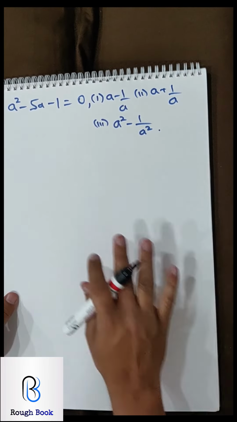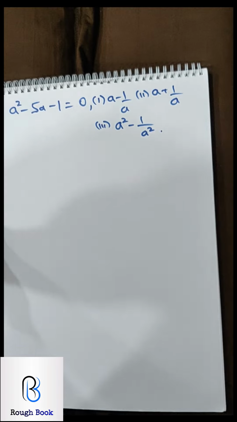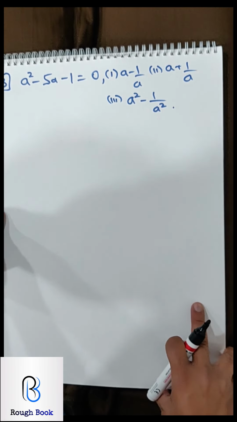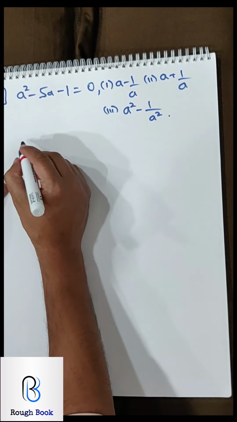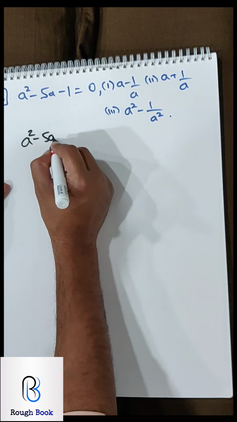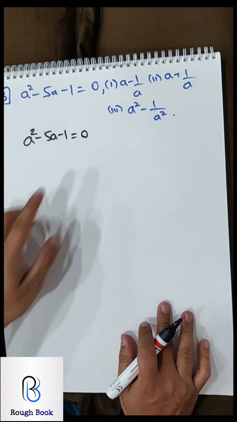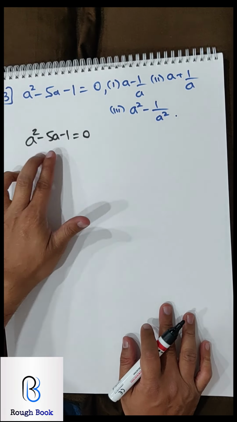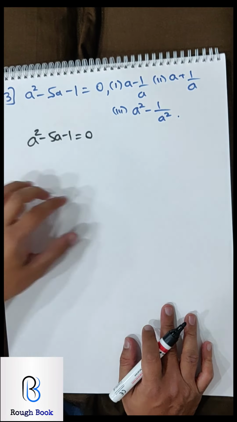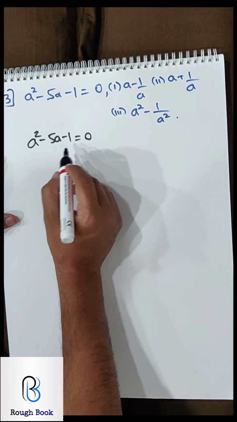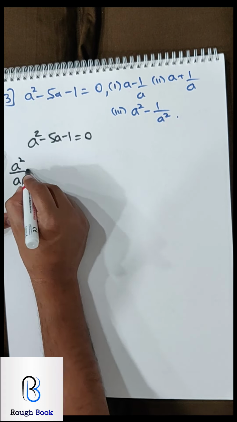Sum number 13. Yeah, interesting question, slightly different. So we'll have to use a trick over here. Instead of any one part, they have given us a quadratic equation, and you can't split the middle term also here, so we are stuck. Now from here, how to reach here? What you must do is divide each term by a.